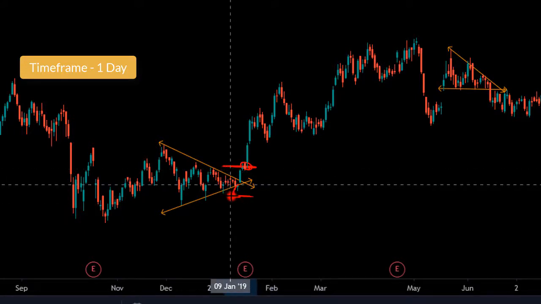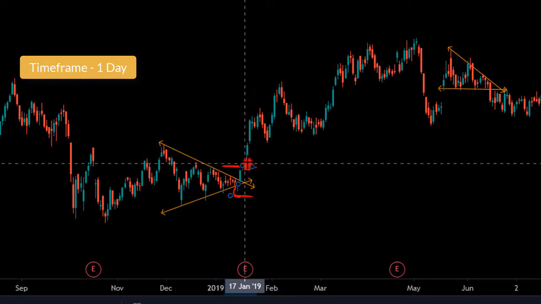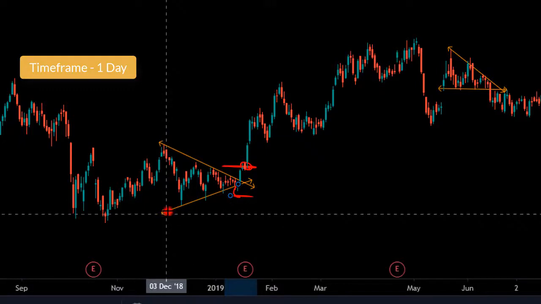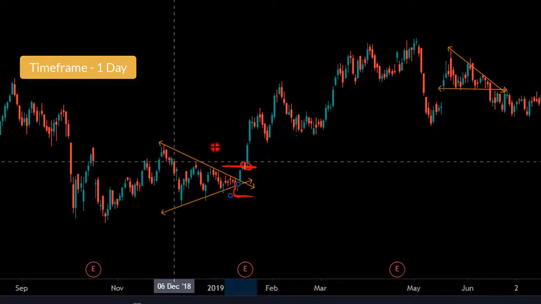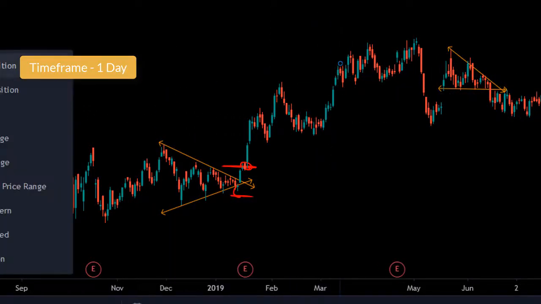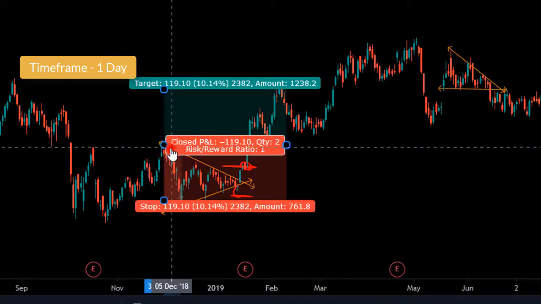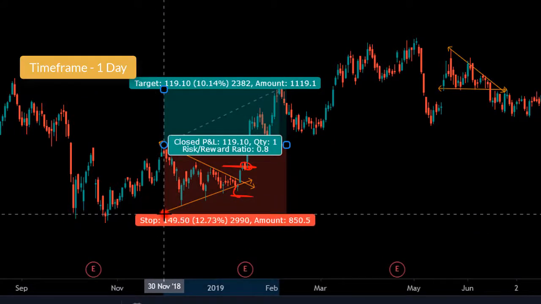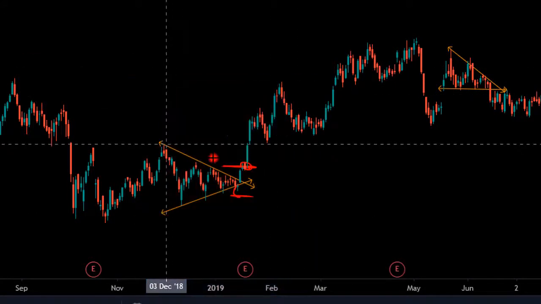Once we enter the trade, you can see it never hit the stop loss, and the price has been going upwards. For take profit, we have to measure the support and resistance distance, and if you measure here, you could have easily made a profit. For example, to measure that, you take the long position tool or short position tool and simply draw down. You can keep the entry point here and the stop loss point here, and you can see it was 12.6%, and you could have made 12.6% here easily. So this is how we can measure.